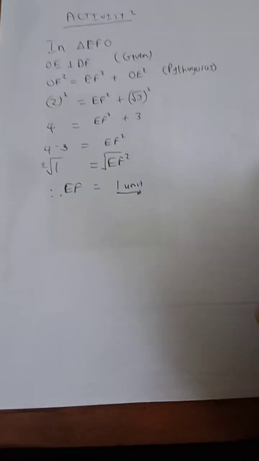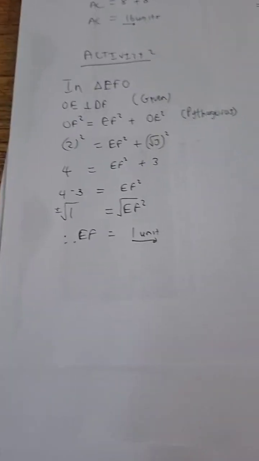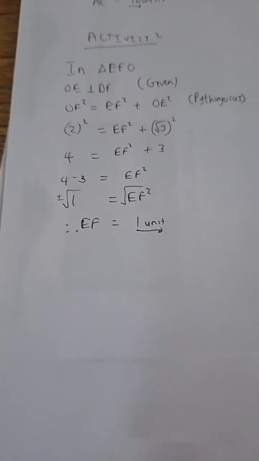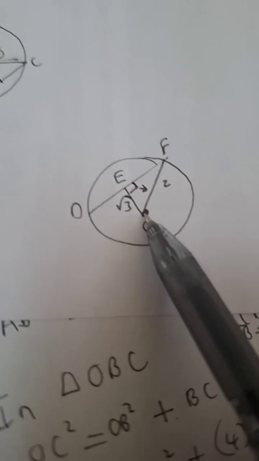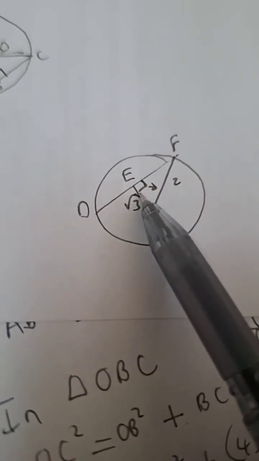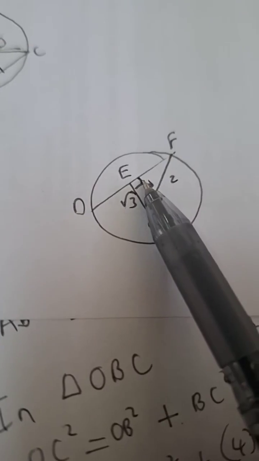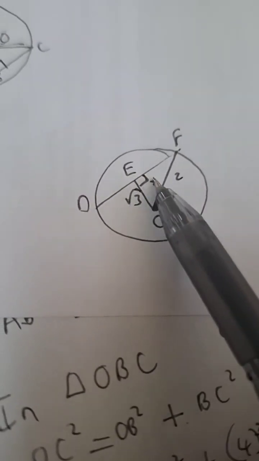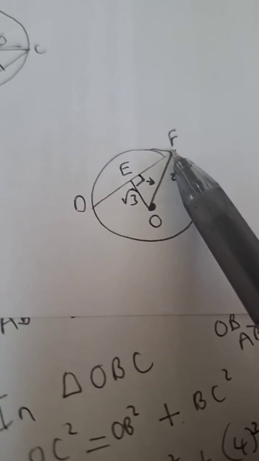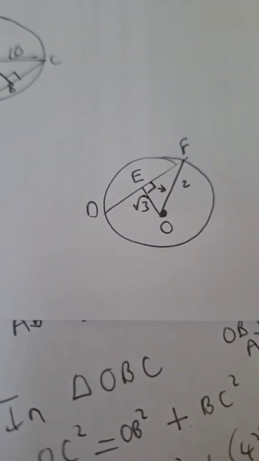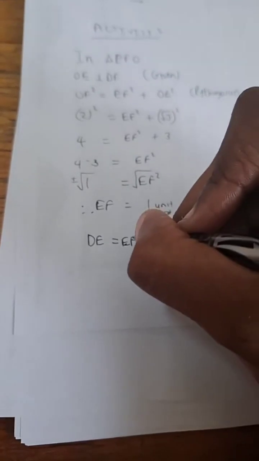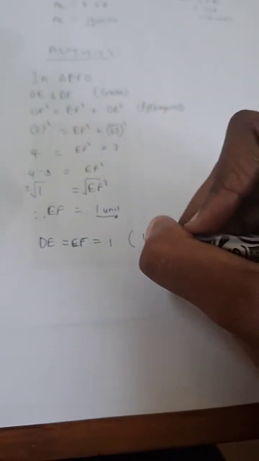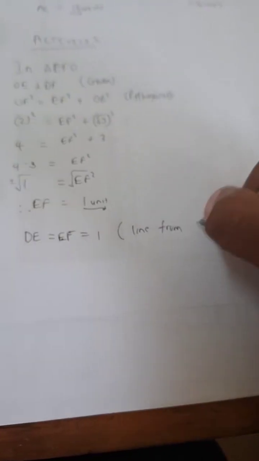EF is truly 1, but then what do we want? We want DE. So in this triangle, remember, the line from the center perpendicular to the chord does what, guys? It bisects the chord. So what statement can I then write? DE is equal to EF is equal to 1. What is the reason? Line from center